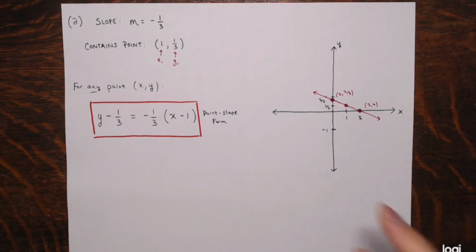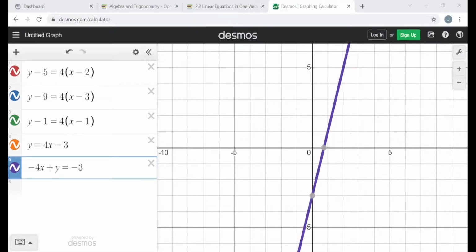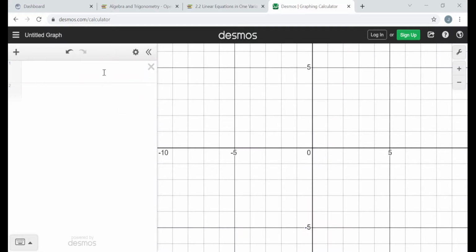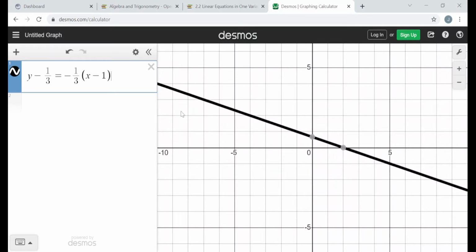All right, let's take a look at a better picture. If you have graph paper or access to this graphing calculator here, or some other graphing calculator, go ahead and use that. What we got: y minus 1/3 equals negative 1/3, the slope, times the quantity x minus 1. And here we go. And look at this. See, x-intercept (2, 0), as I had on my drawing. The y-intercept (0, 2/3), 0.666. They rounded it to 0.667, but that is (0, 2/3),